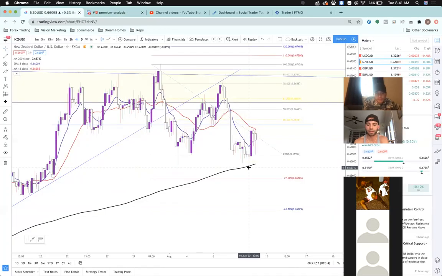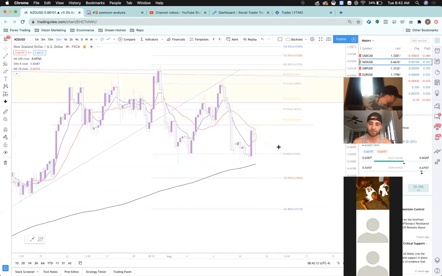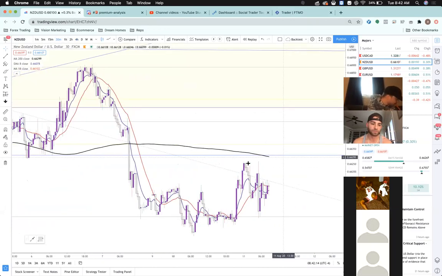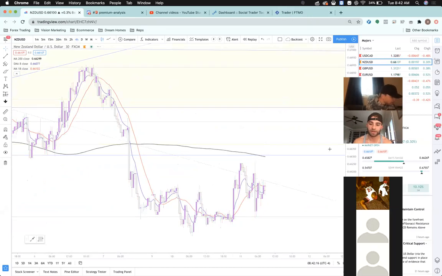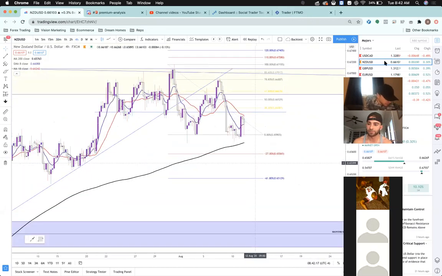But again, this has to all line up with DXY. As DXY rejects and continues on a downtrend, we don't exactly want to short NU. If anything, we want to wait to go long on NU. So this is just what structure's showing me right now. I'm not going to go against it. Looking on the 30-minute, we're just going to be patient. I'm not really trying to get on anything in particular on NU, so I'm going to move this down the list.